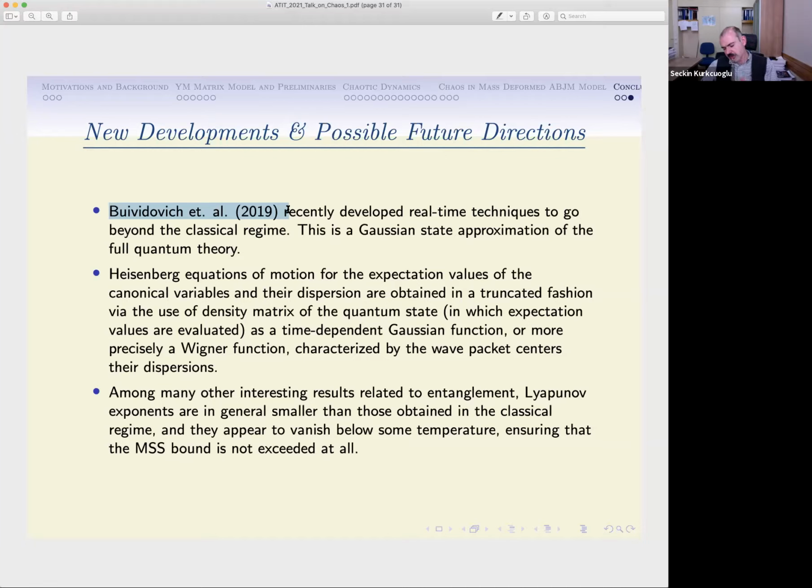Now that there are these real-time techniques, one can give some correspondence between the chaos to non-chaos transition that people see in real time, and the disordered phase to ordered phase, or confining to non-confining phase transition that you see in the Euclidean time formalism. Okay, that's what you mean by an overlap, right? Yeah, that's why I mean a correspondence. Okay, now I get it.